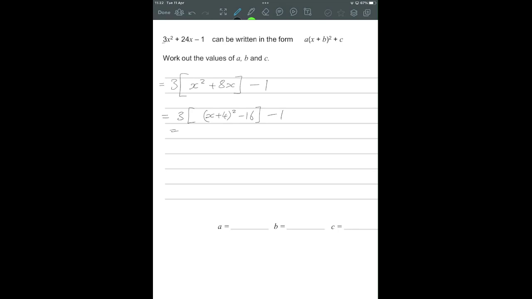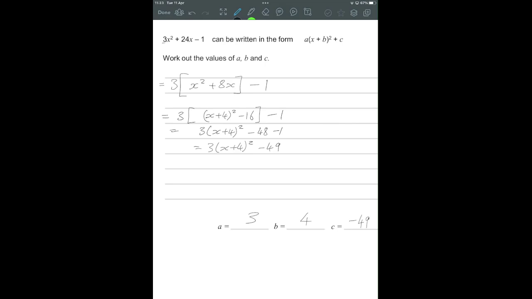Well, now let's deal with my big square brackets, because they're not in the answer. 3 times the bracket, but then I also need to do 3 times the end thing, which gives me a negative 16. And finally, simplify with that minus 1 that we've left on its own this whole time, and we get as so. Now, we just pick out the values. A was the thing in front, B is in the bracket, C was the thing on the end, remember, in